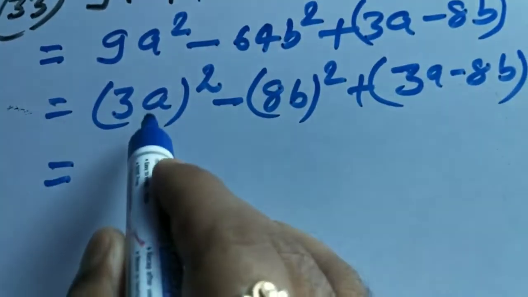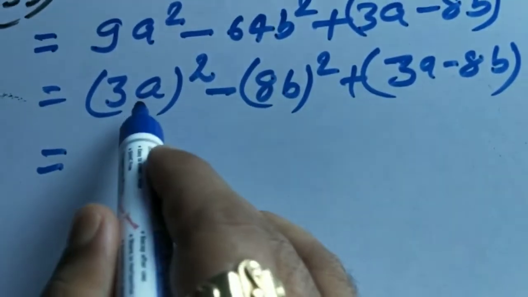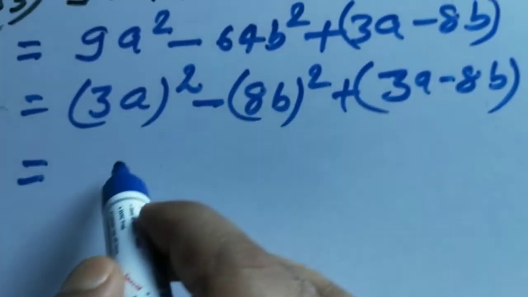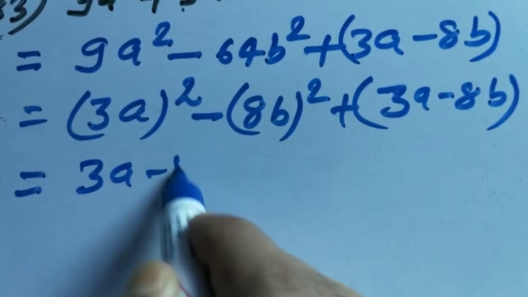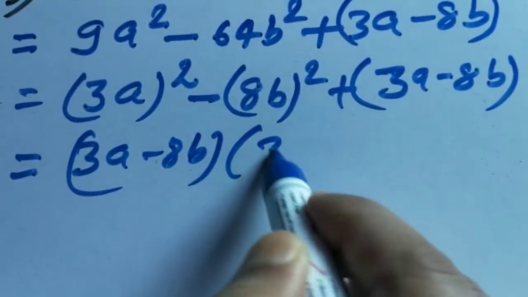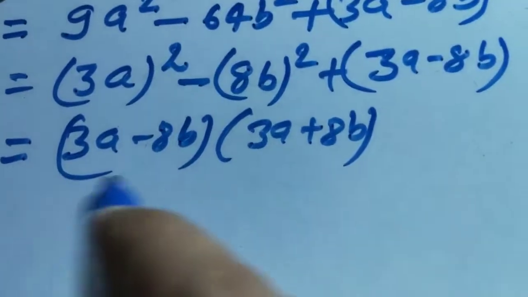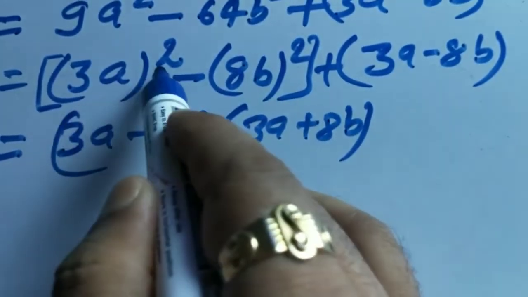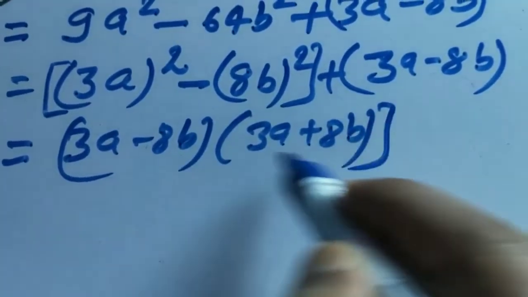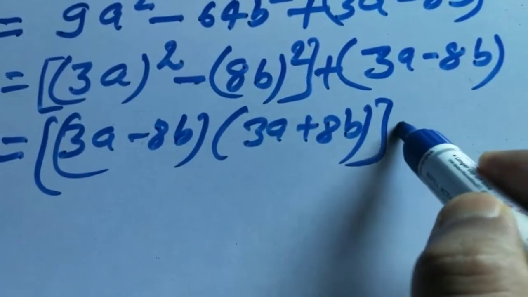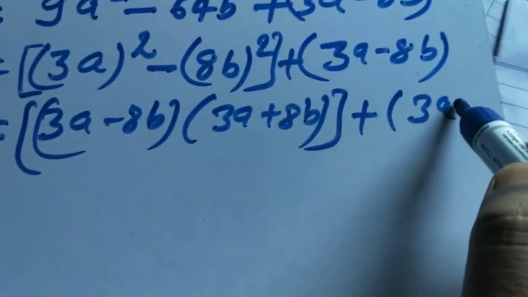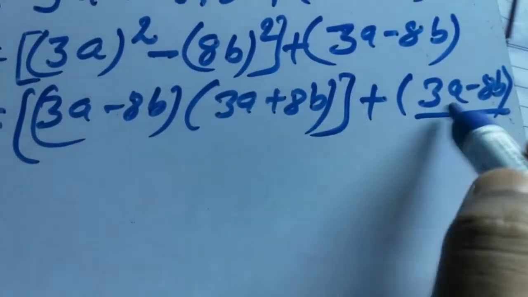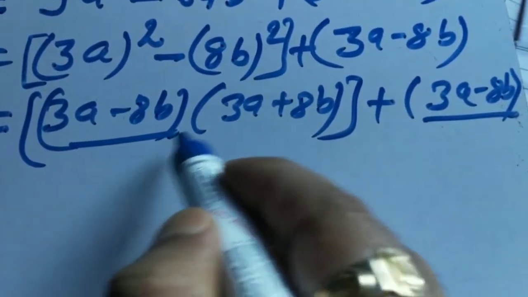Now this is a square minus b square. At the place of a there is 3a, at the place of b there is 8b, and a square minus b square is equal to a minus b and a plus b. So this is the value of 3a the whole square minus 8b the whole square, and after this you have plus 3a minus 8b. Now in these two expressions, these two terms, you have 3a minus 8b and 3a minus 8b